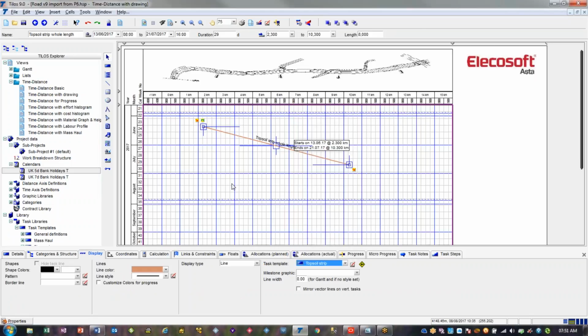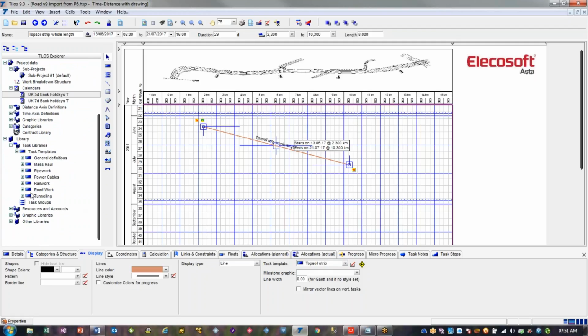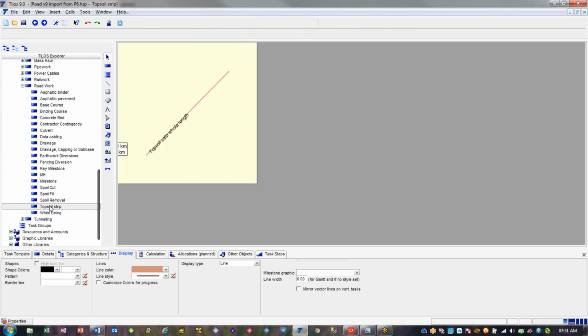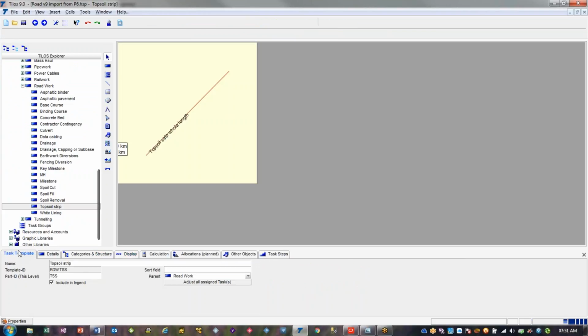shown here, and the way we define that in the library also needs a little bit of understanding. So if we have a look at that task template, we double click on here. If we look at the first tab, task template, it's got this task template ID, which is a path name. I can only edit this one here at this level because the parent, if it has a parent, in this case roadwork, is where I define the other one. So each of the children here have got